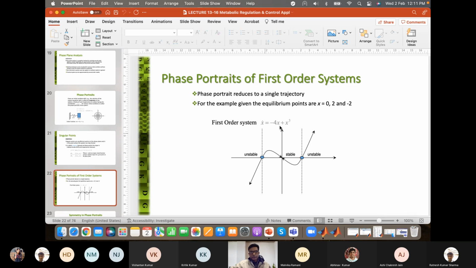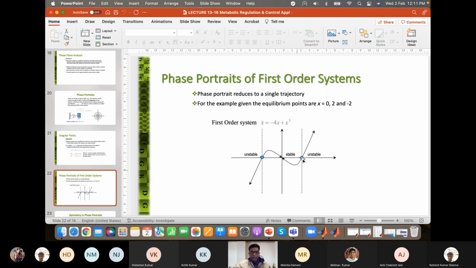Now when you solve for this, you get x equal to 0, x equal to 2, and x equal to minus 2, which is clear from this equation. So you have 3 points on this axis, which would be the zeros. One point is on the left hand side, minus 2. The other is on the right hand side, plus 2, and then 0 at the center right here. And if you plot x versus x dot,